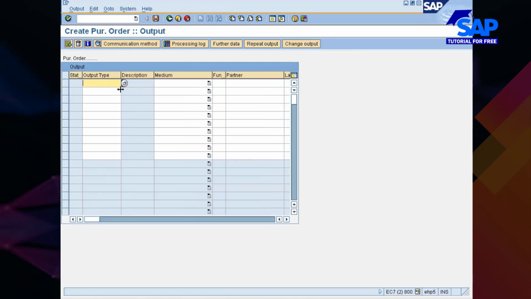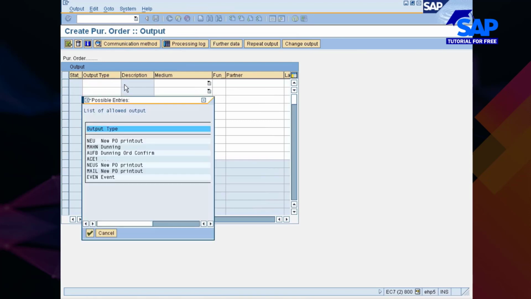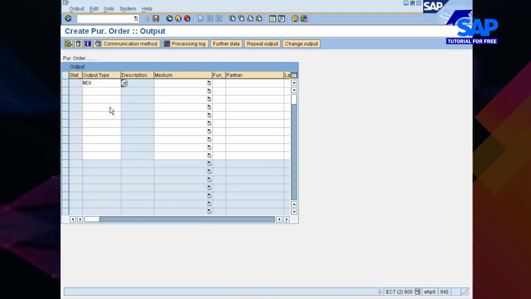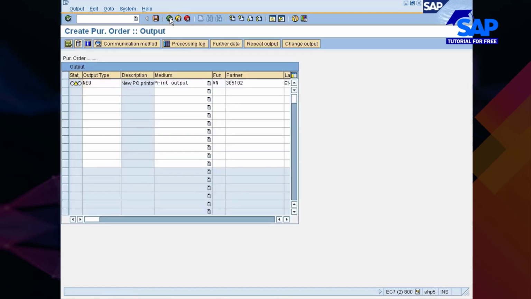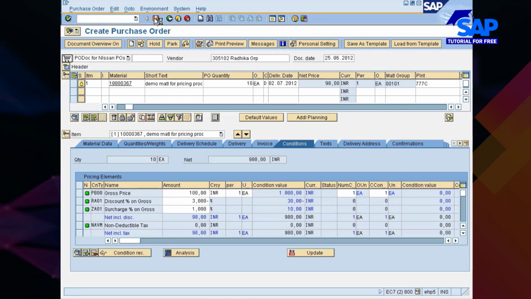Tomorrow I will once again explain condition technique from the perspective of output determination. We will go with condition technique tomorrow from the perspective of output or message determination. With that, we will conclude the condition technique concept in material management. With this, I'm going to stop this session.